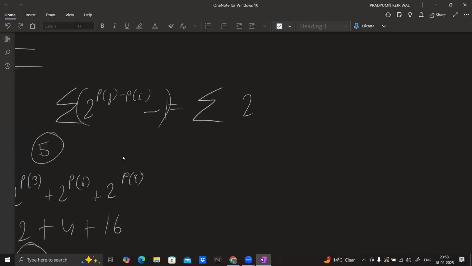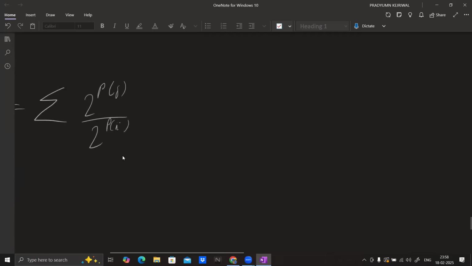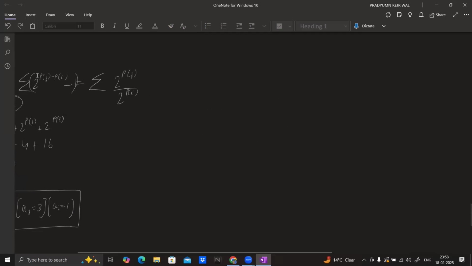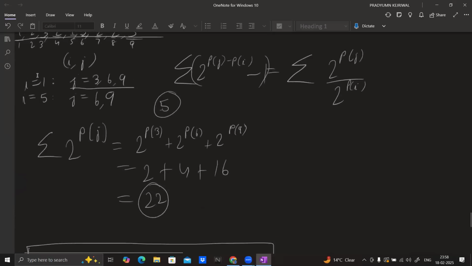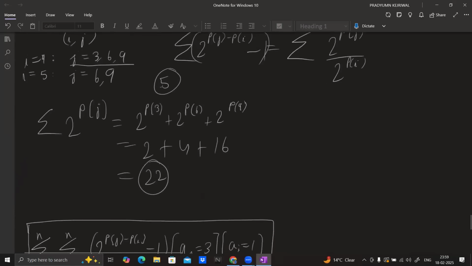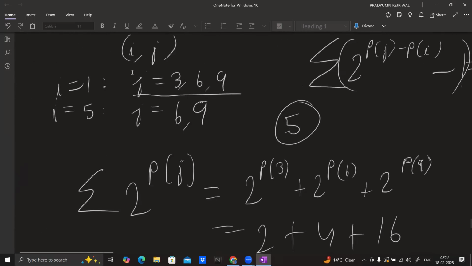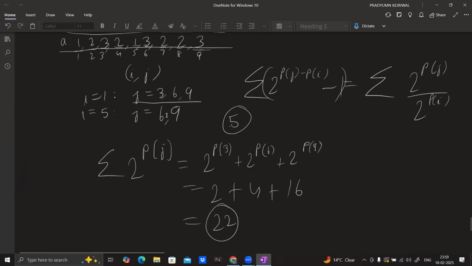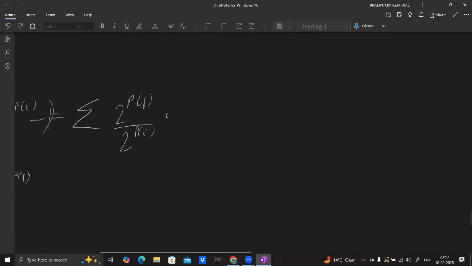Summation of 2 to the power pj upon 2 to the power pi, right? And actually, we have the sum of 2 to the power pj, right? We have already calculated it. For j equal to 3, 6, 9, we have already calculated the sum of 2 to the power pj. So what we can actually do is we can write it like